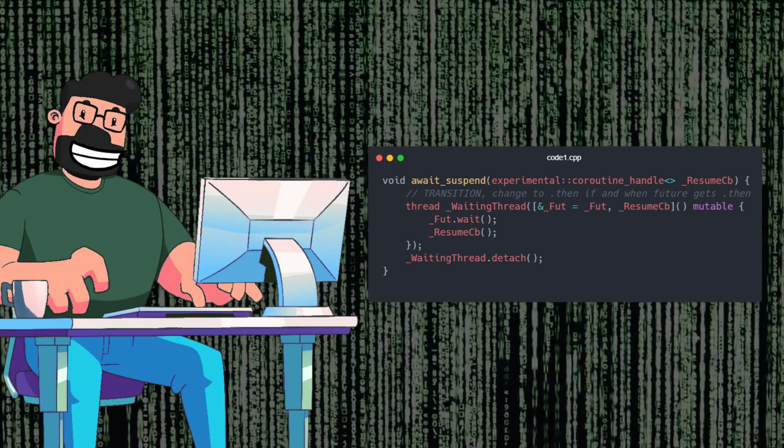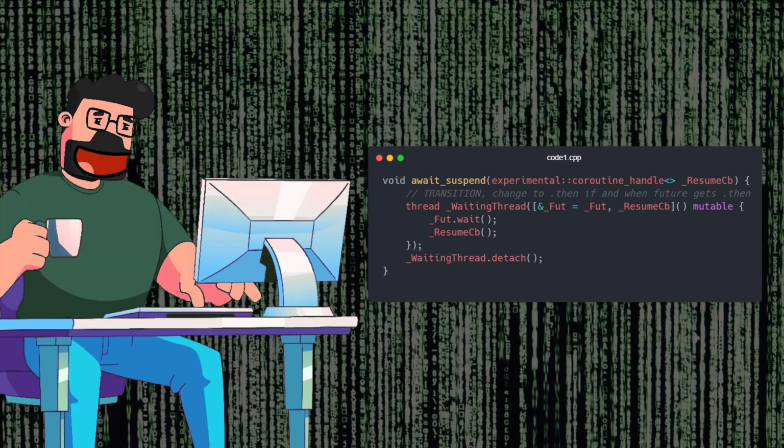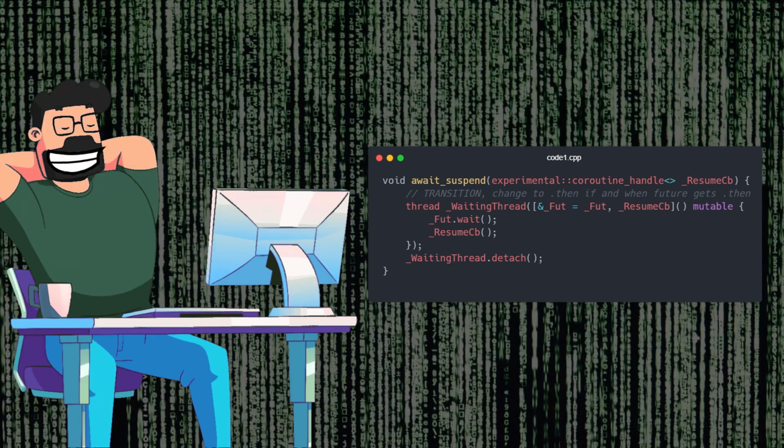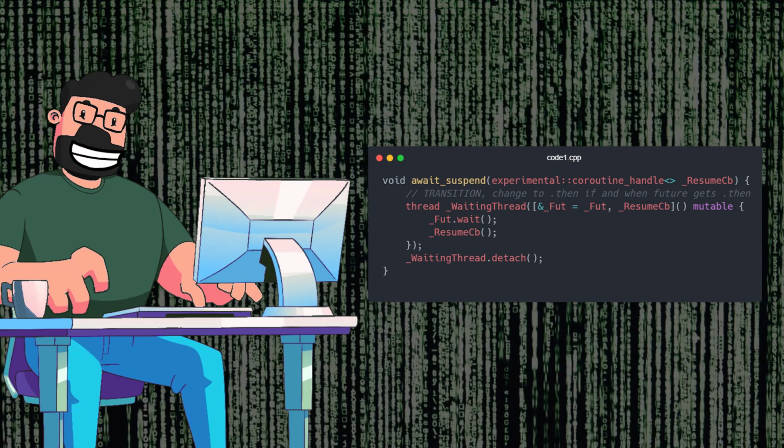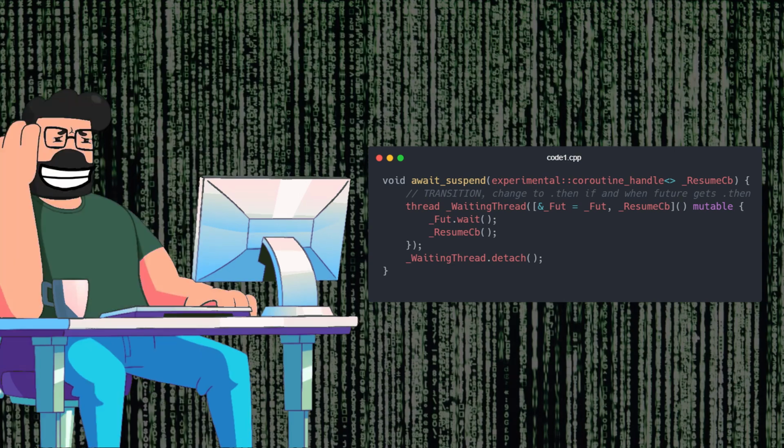The key lies in understanding the inner workings of std::future and how it interacts with coroutines. When awaiting an std::future, the MSVC implementation utilizes a unique approach. The await_suspend function is responsible for creating a new thread to wait on the future and subsequently execute the continuation of the coroutine. This intricate process sheds light on why the continuation in function g is consistently run on a